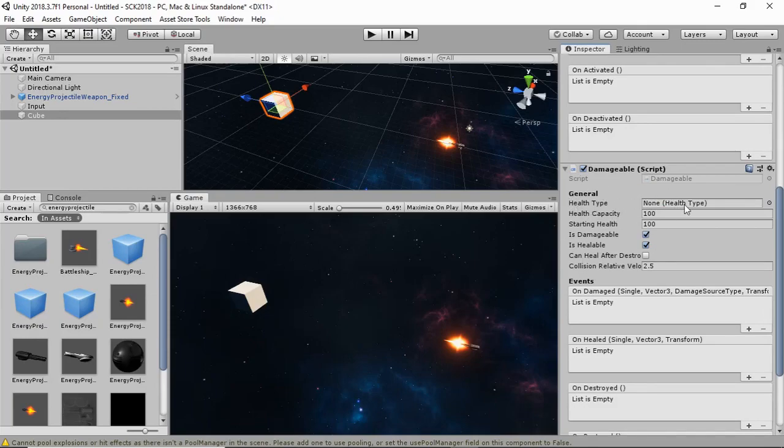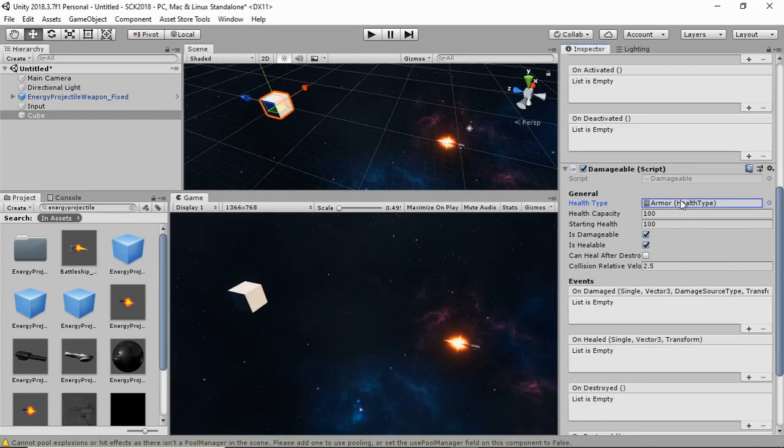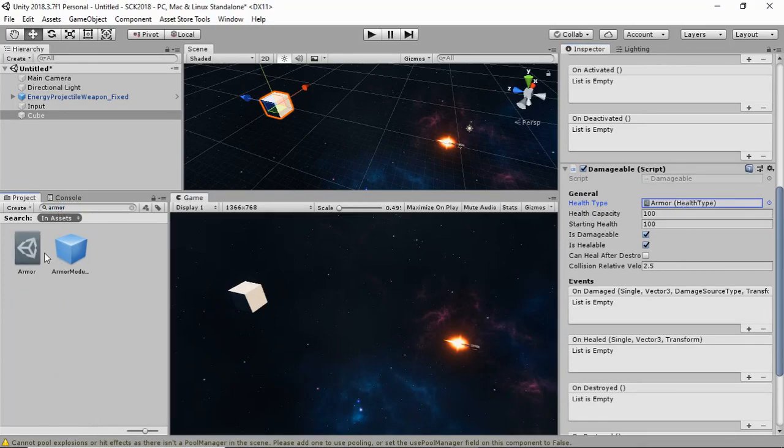We've got the health type. Now this used to be an enum, but now it's a scriptable object to make it easier for you to add your own values. If it was an enum, you have to go in to the code and change the code to add your values, and you can't reorder the values or it'll break your settings. So that's why I changed it to